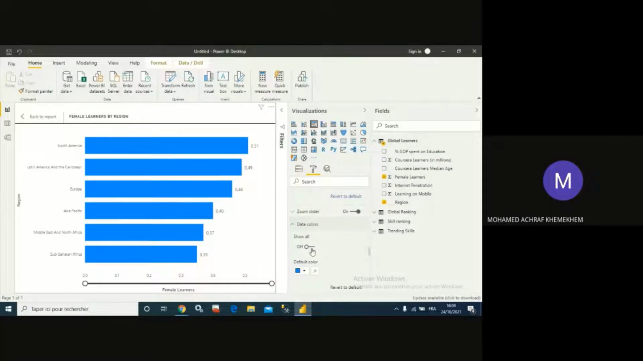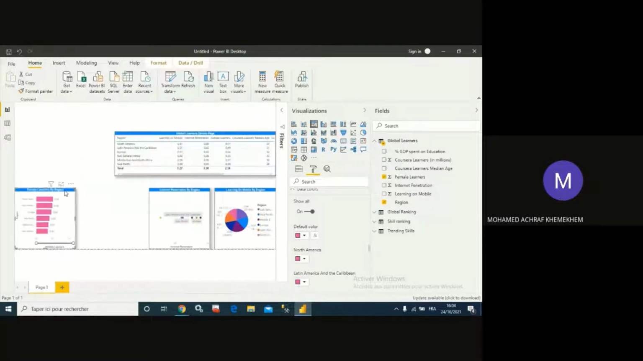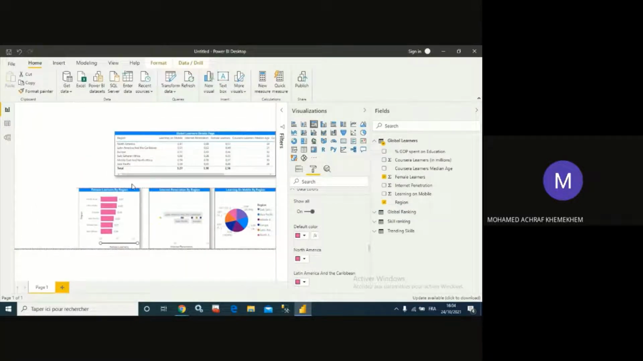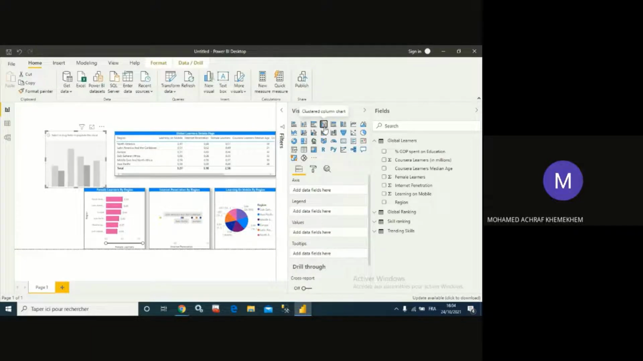The data colors, we will change it to another color, which is this one. Okay, or we can use, let's see, another color which is this one. Is much better. Okay, let's move it for the time being here. We will make some changes, don't worry. Okay, so let's do another